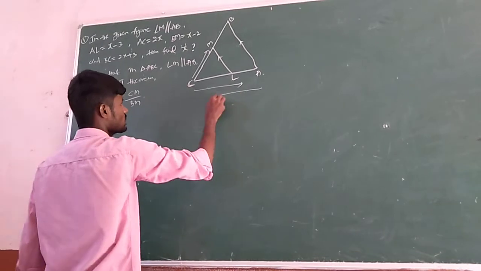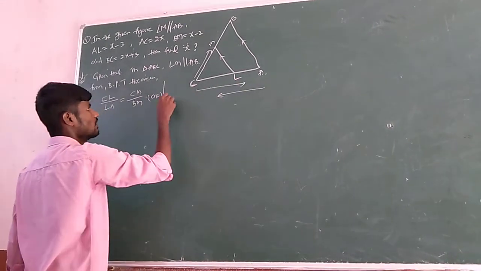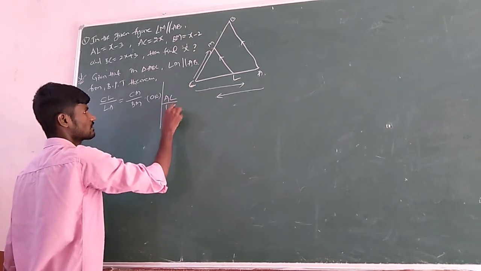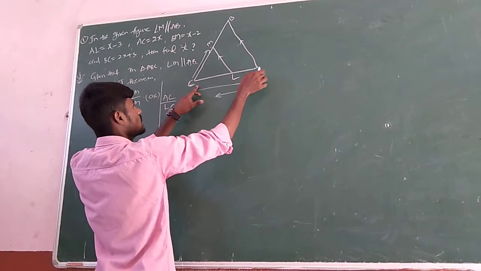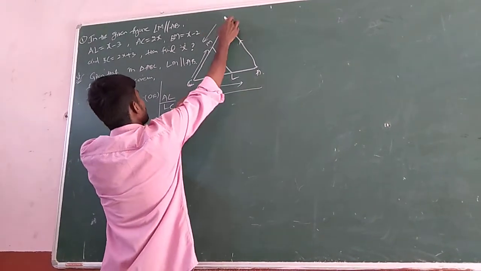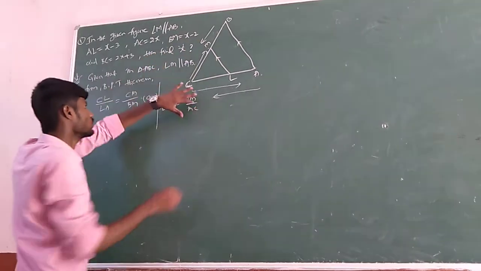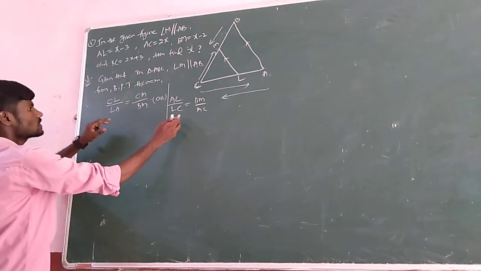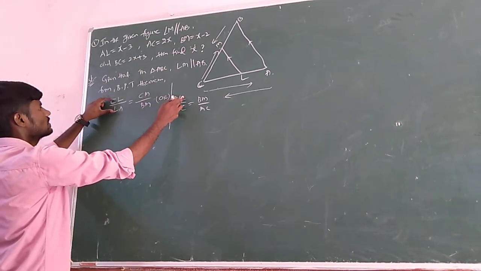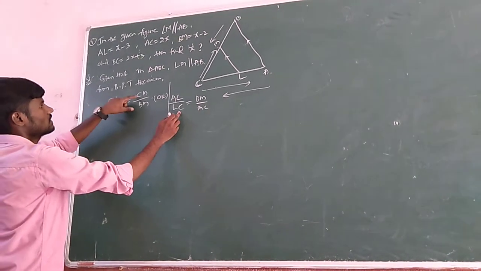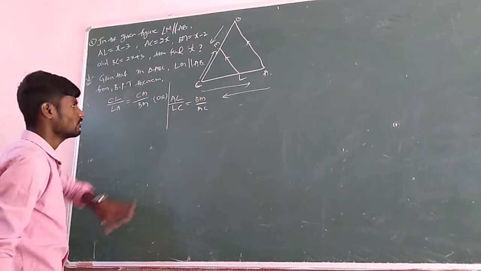Otherwise, in this direction also it is possible. Or we can take it in another manner: AL by LC, and here we have started from this one. Same in this direction: BM by MC. So both are correct. If you observe, both are the same. What is the difference? Reciprocal. See, LA here is in the numerator, CL here is in the denominator. CM numerator, but here MC denominator, BM like that. Okay, now the only change is that.